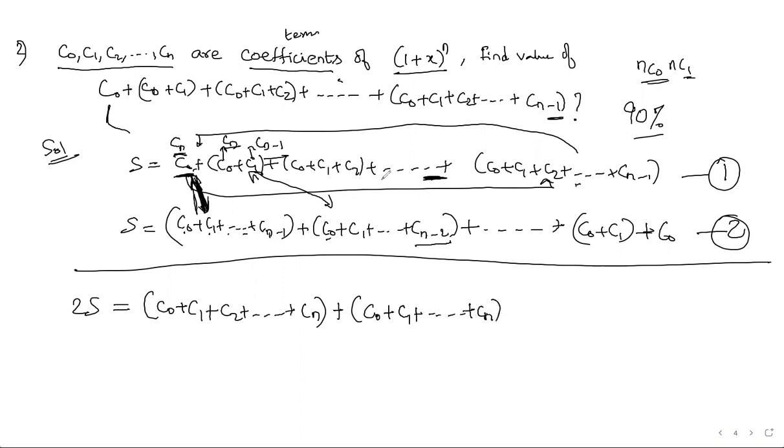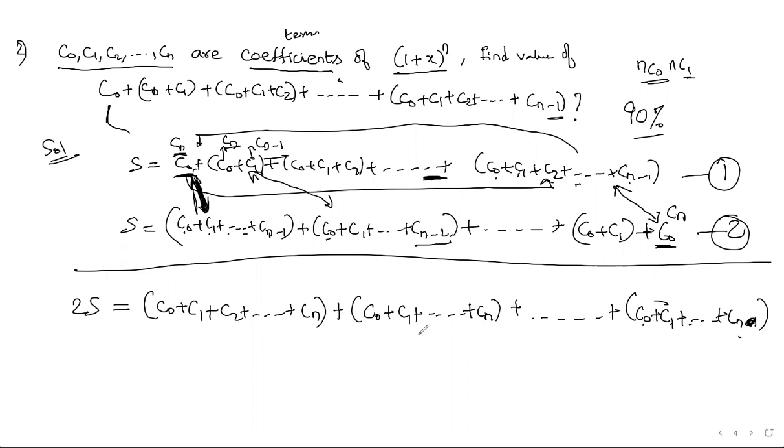So what you can observe is, for all the summations, every coefficient from C0 to Cn will be there in each bracket. Okay, here also C0, C1, C2 and so on, Cn minus 1 is there. In the place of C0, you can substitute Cn. So when you add these two terms simultaneously, it will be C0 plus C1 plus C2 and so on, Cn.